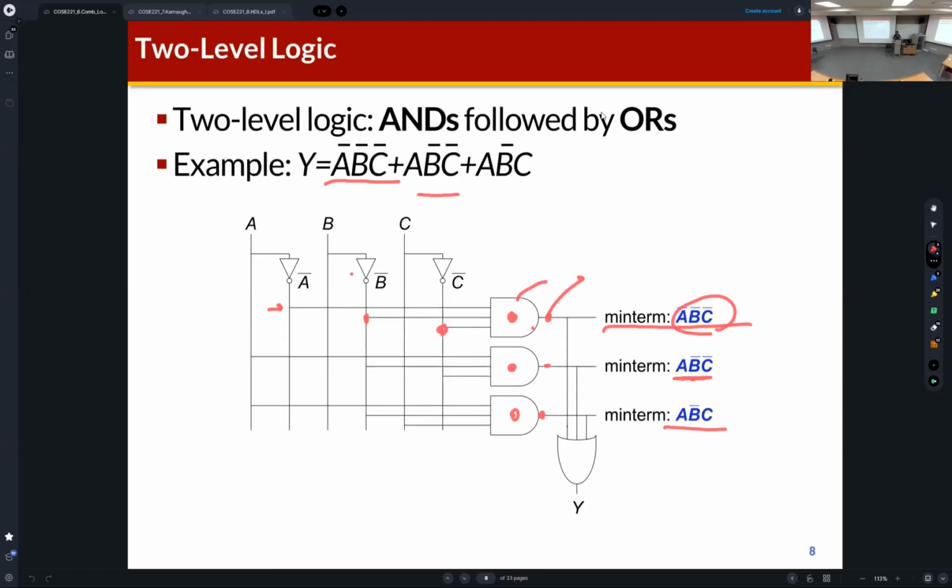We also learned that we can implement the Boolean equations using SOP form or POS form. Which means that using the literals, we can implement the Boolean equations using AND gates and OR gates. Okay,